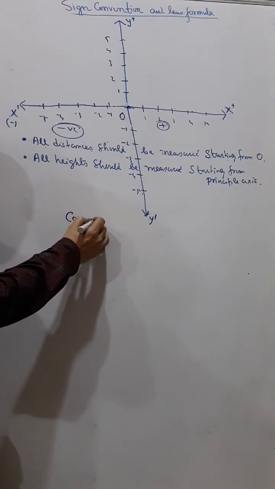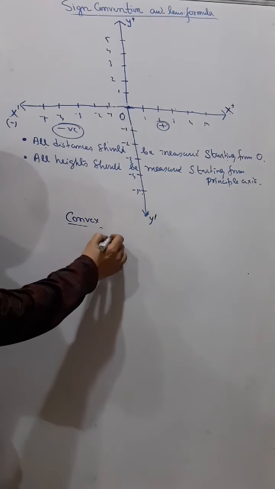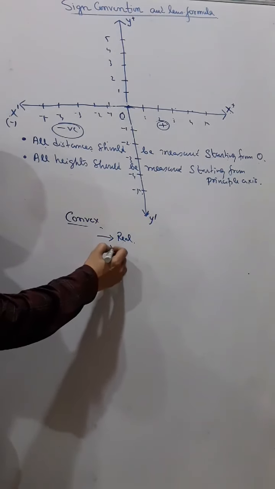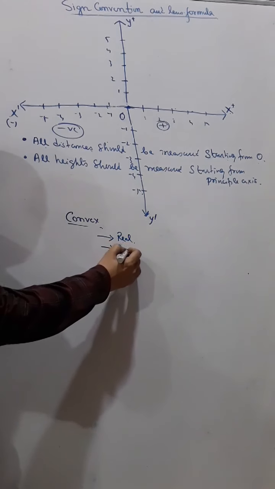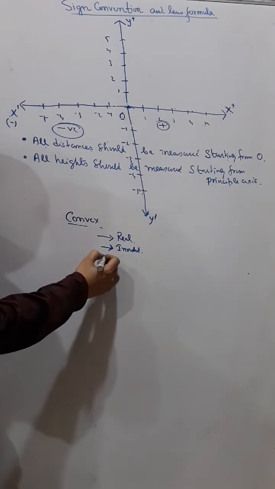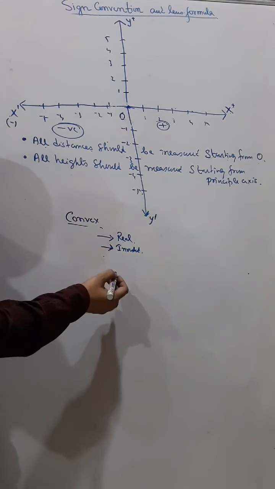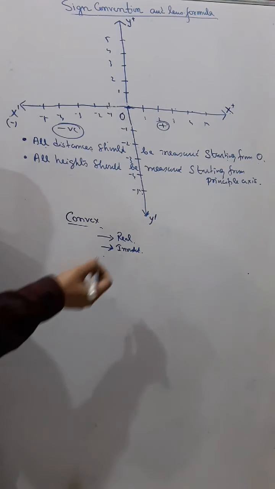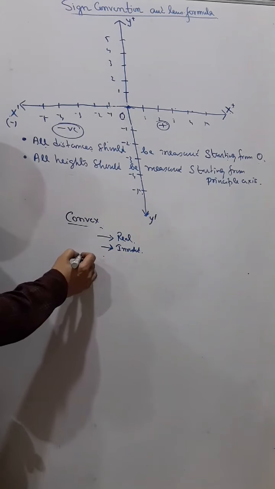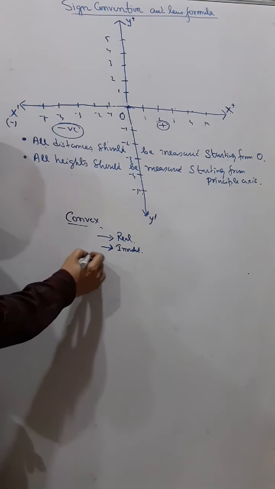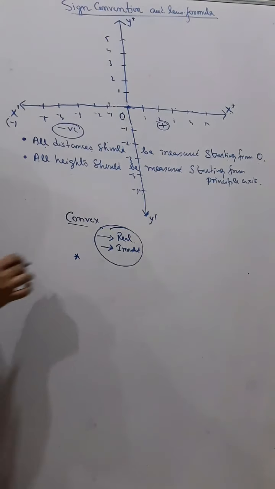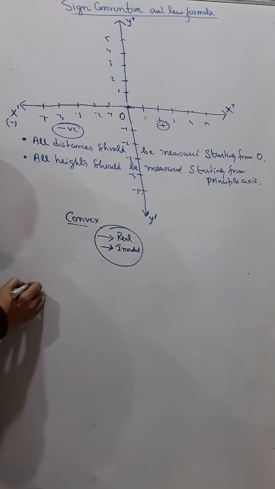So in a convex lens always we will find the image is real and it is inverted and size may differ. Okay, maybe same size, maybe diminished, maybe enlarged image, but in every case you will find the image is real and inverted. So generally,